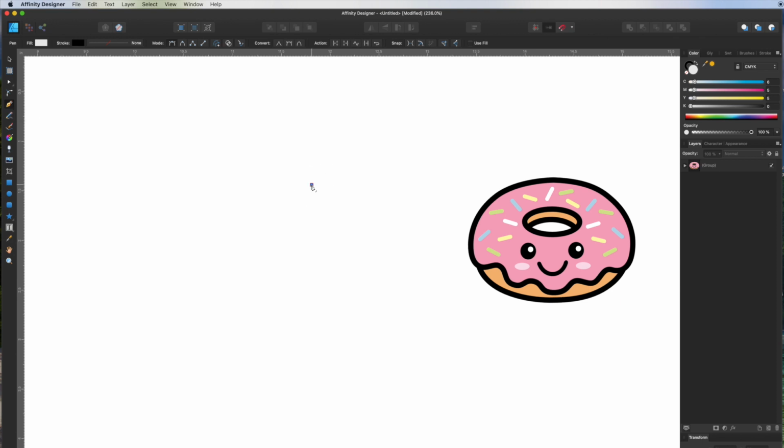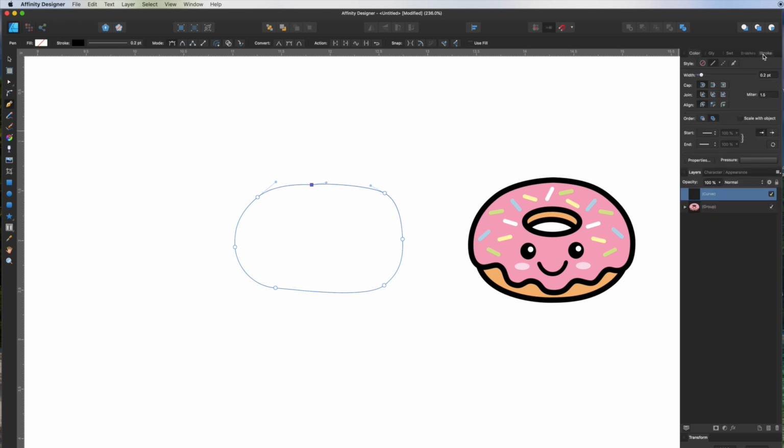And then I'm just going to draw like a circle or an oval. So click and drag, not too fancy. Just going to do something like that and close it. And we'll fix that up later. What I want to do is I want to make that stroke. So I click on stroke here, 4